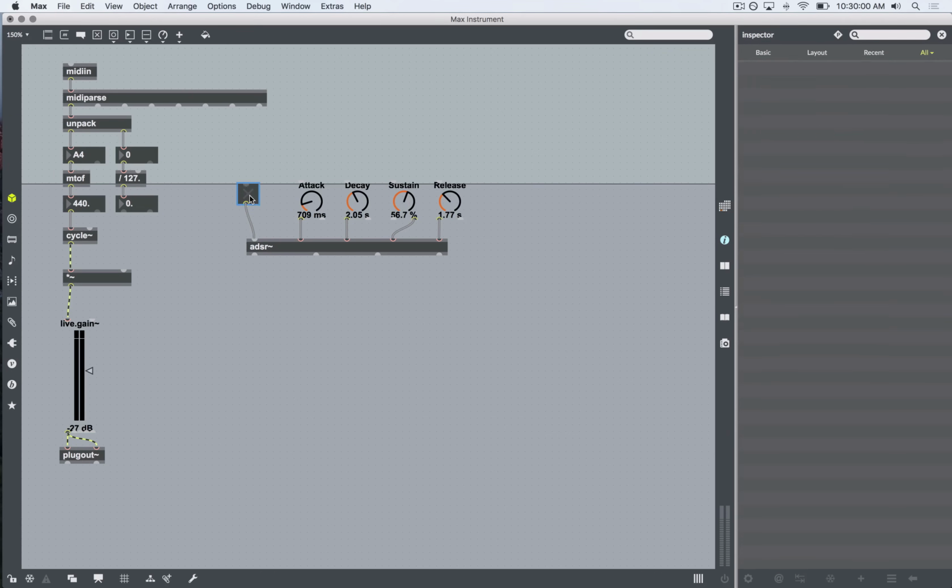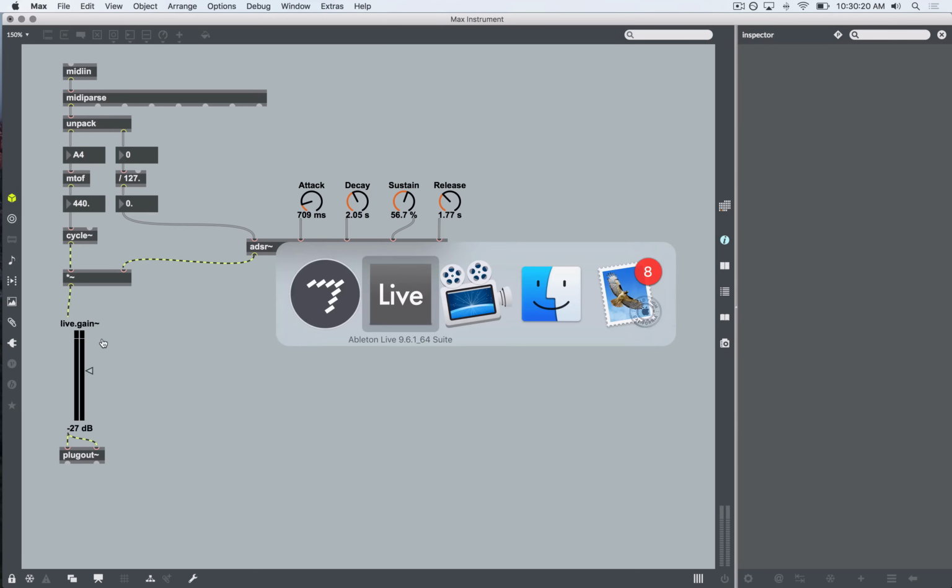So let's get rid of that toggle and let's connect up the output of this object into here, which is our 0 to 1 value based upon our velocity, then the output of that into our signal multiplier here. So we've got our tone generator coming on the left, our envelope generator coming on the right, both of them multiplying together to generate the output of our oscillator. So now if I jump back over,